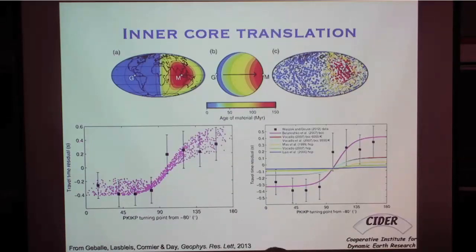I personally don't love the idea of inner core translation because I find it very difficult to see how one would make anisotropy that was quite different in the two hemispheres. So my personal bias using Occam's razor is probably that if you need two mechanisms, it would be nice if you could just have one. That's not science, though, really. What is science